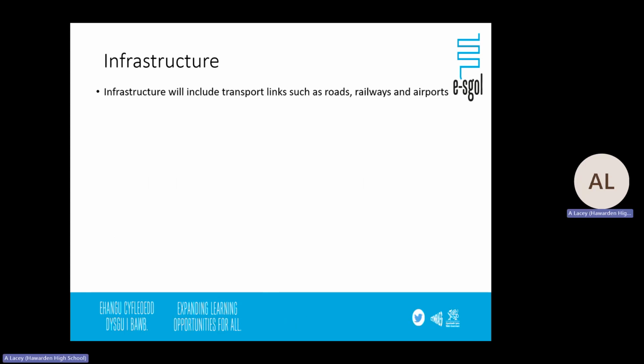That means transport links: roads, railways, airports. What do you need around you for your business to function? It also includes communication links and local services, such as street lights and refuse collection. If you've got a business that depends on online marketing or e-commerce, you need to be thinking about whether the broadband is going to be sufficient. Do we have fibre broadband? Are we able to